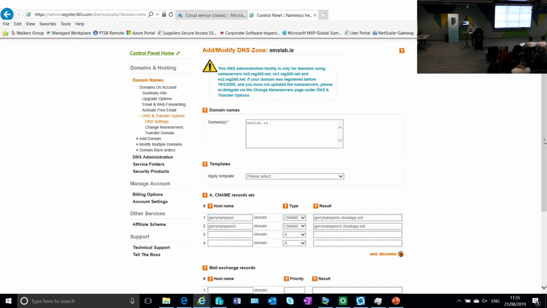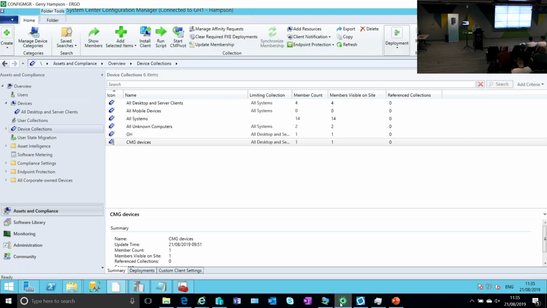Okay? So that is the certificate part and the DNS records. Then we need to go in and configure. Let's have a look at Config Manager. This is a 1906 site. So if we look at the site properties,